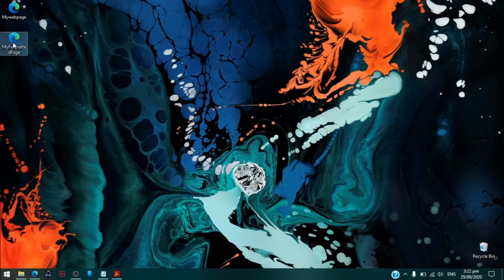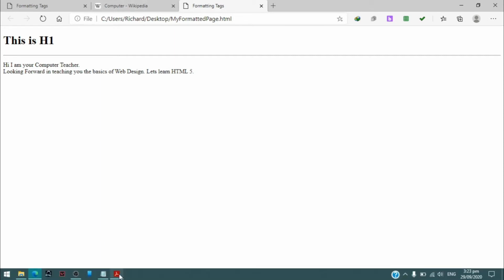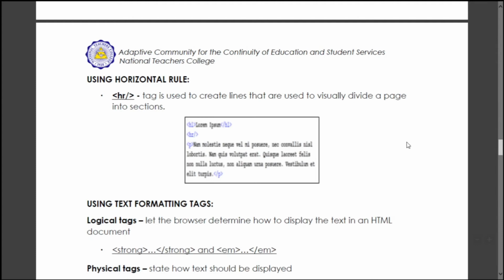Then we open our web page. Then you would see there is a line dividing the header from the paragraph. So that is the use of HR, or horizontal rule. Next tag is